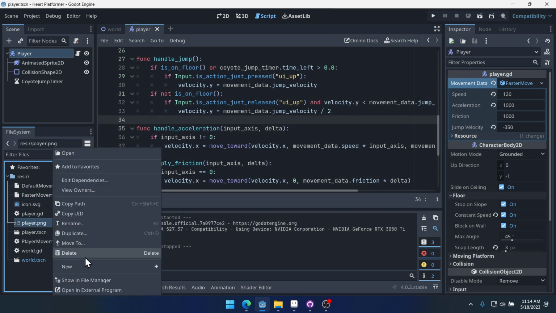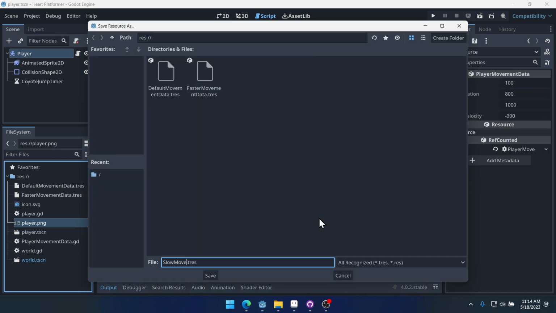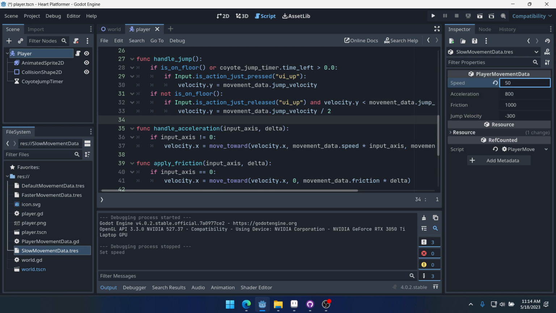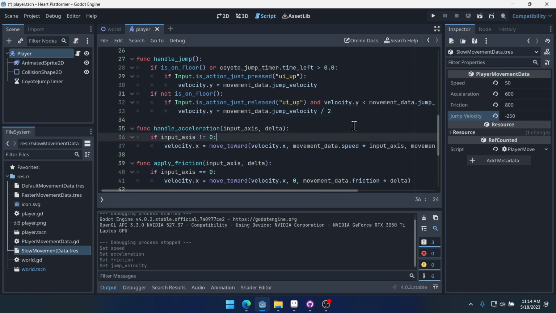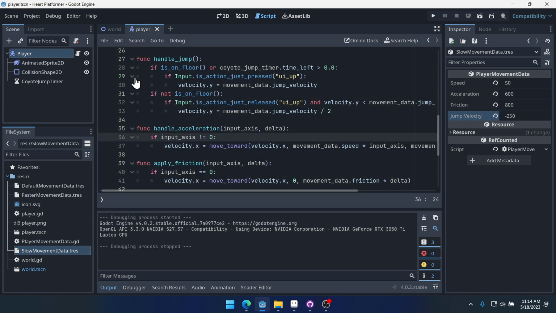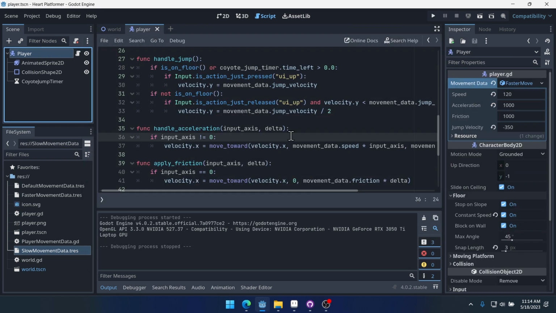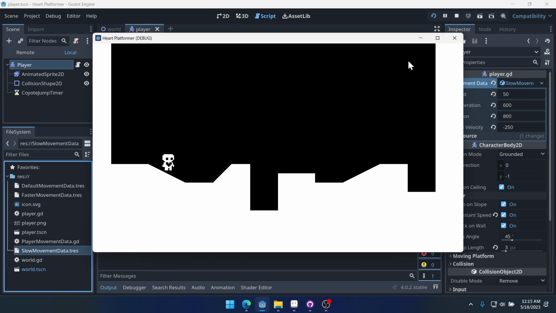Now we could create a third one, just to really show the difference here. We'll create a third one. We'll call this slow movement data. And we'll make the speed 50, make our acceleration 600, our friction 800, and our jump velocity minus 250. And run the game, and then we need to swap it out. So here it is with the faster one, right? This is pretty quick. And then we can come into our player and drag over the slow movement data, drop it right here. And now our character moves much more slowly